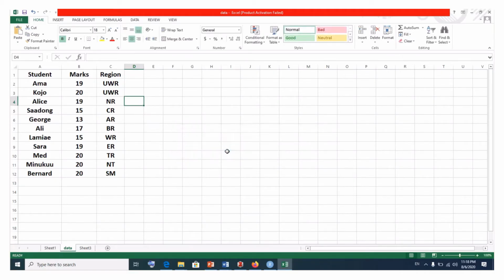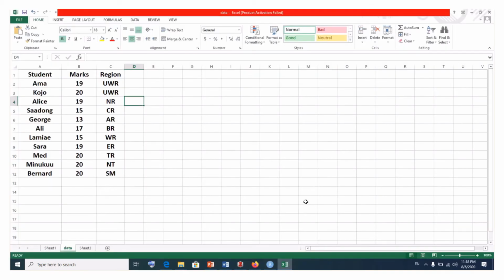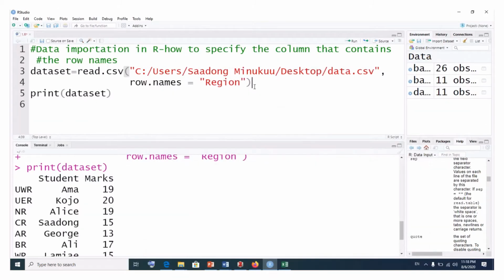Say yes. All right, now after saving this, let me try once again to specify that I want R to use... I've saved it actually. So when I saved it, it was saved automatically in the CSV file. This is actually the CSV file that we opened, so it's okay. Now, if I try to read the data in again, it will give me an error. Let's try that and see. I'm saying that it should still use region as our row names. So if I run this,